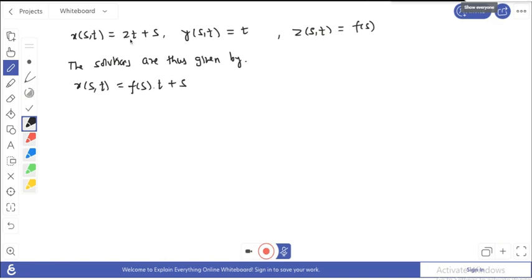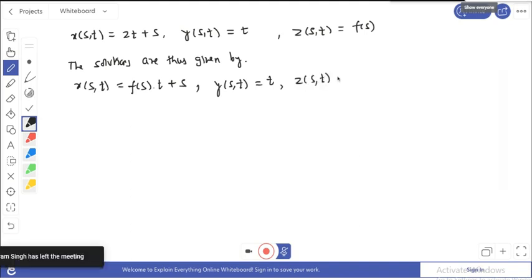बिकॉज दिस इज फंक्शन ऑफ s एंड t ओनली, तो z की वैल्यू हम यहाँ पे पुट कर लें, और y क्या है, मेरा s और t का फंक्शन है, सिंपली t, तो यहाँ कोई प्रॉब्लम ही नहीं है, और z जो है वो मेरा s और t का फंक्शन है, तो f s है, ओके, तो नो प्रॉब्लम, अब सभी हमारे s t के फंक्शंस हो गए। ओके, देन वी हैव टू फाइंड व्हाट इज द जैकोबियन। ओके, तो जैकोबियन मींस वी हैव टू फाइंड द जैकोबियन ऑफ